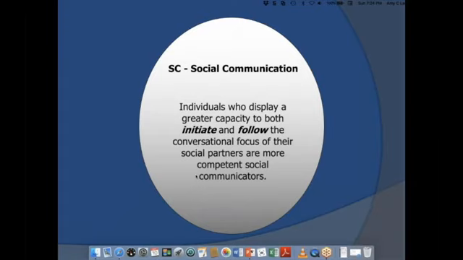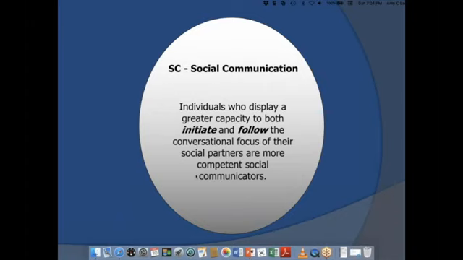Right. And then you can also think about those conversations where you're initiating all the time and no one's responding to you. Like any of you who have teenage boys in your homes, right? And you're trying to find out how their day went and you're asking questions of them and they're not coming back and giving you any information at all, right? That's not a really solid communicative exchange.